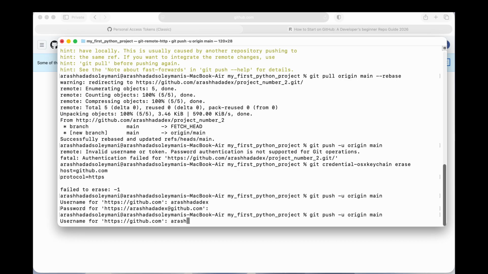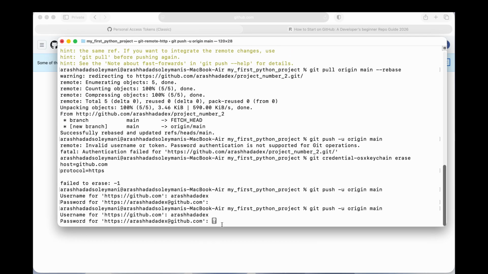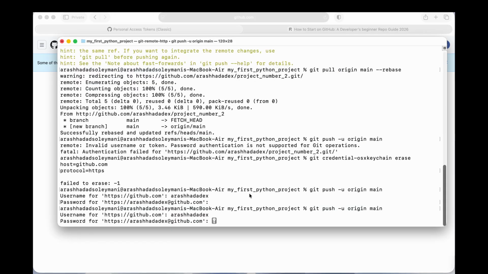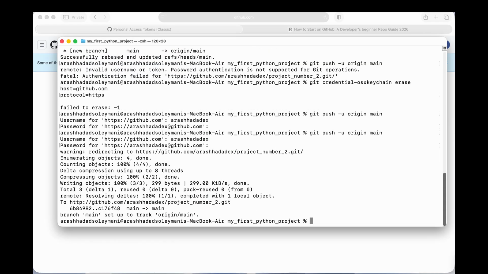First we write our GitHub username. After that, it wants our token. We created one before, we copied and pasted it and hit enter, and as you can see, our branch main